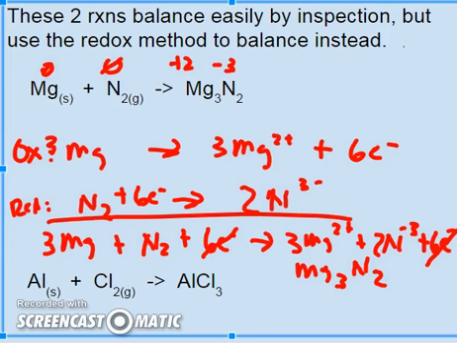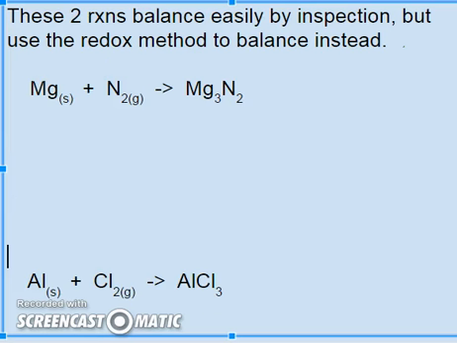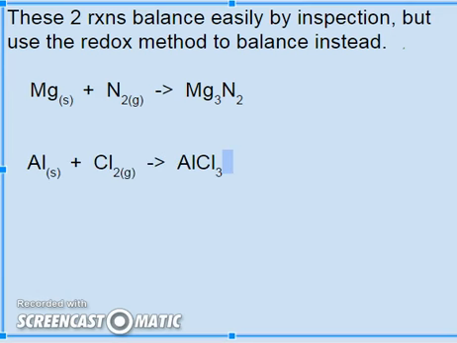So I'm going to go ahead and write in my solutions for the next 2 equations. I'd suggest that you pause and see if you can write in the solutions on your own before I walk you through them. Okay, so if I start again with assigning oxidation numbers, I've got Al at 0, Cl2 at 0,